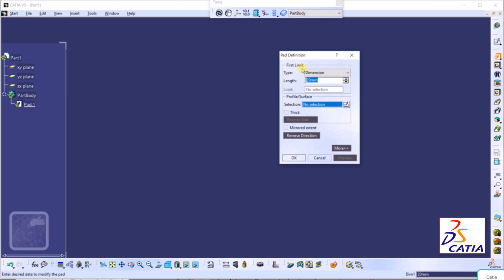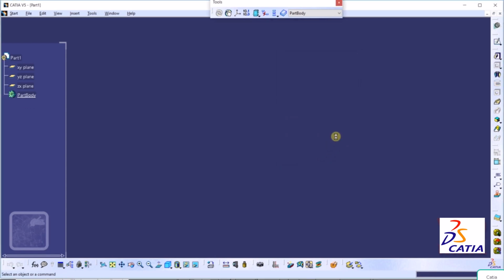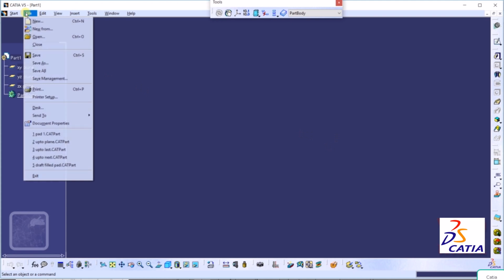So in the previous lecture we had learned about dimension type. And if I click on this arrow, we have up to next, up to last, up to plane and up to surface. So we will learn about all these options. To understand all these options in detail, I click on this cancel and then go to the file option,